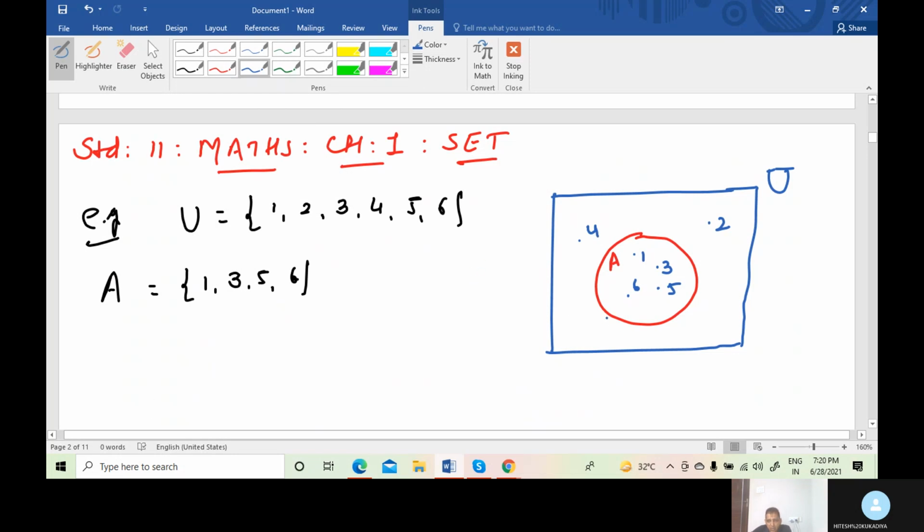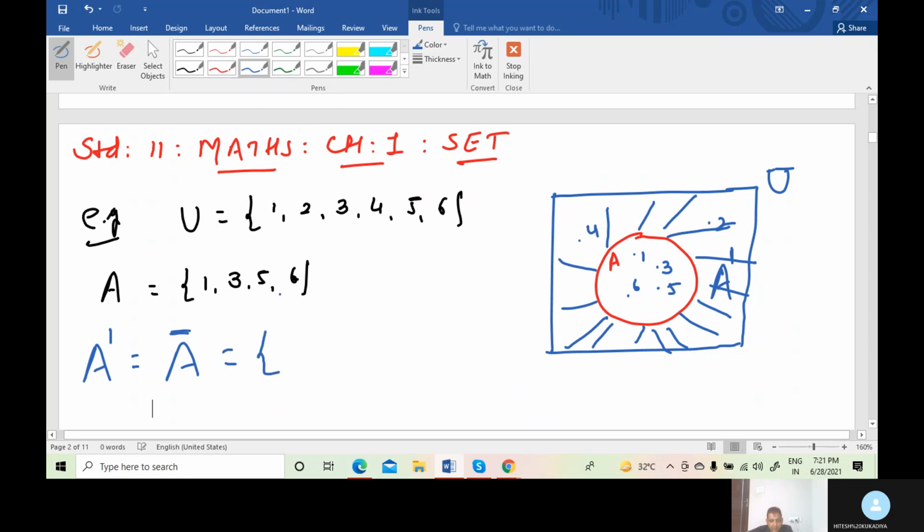Okay. Now these are all the elements outside the set A but inside the universal set, that is, all the elements not contained in A but contained in the universal set. This is called A dash. It is called the complement of a set. The symbol is A dash. We write here A dash, or in other reference books the symbol A bar is also used. Both are right.